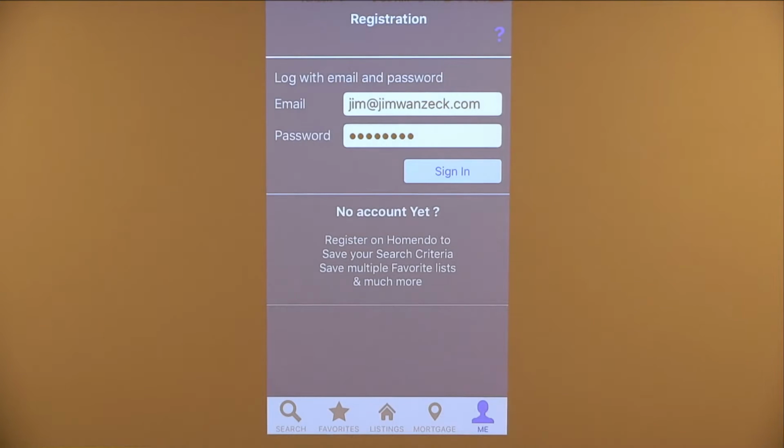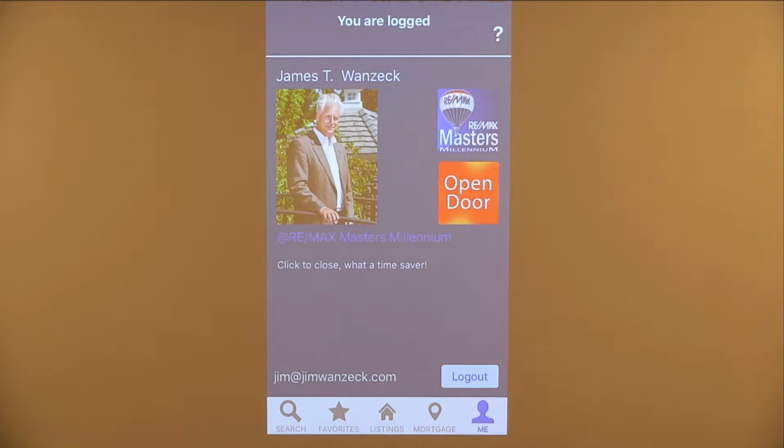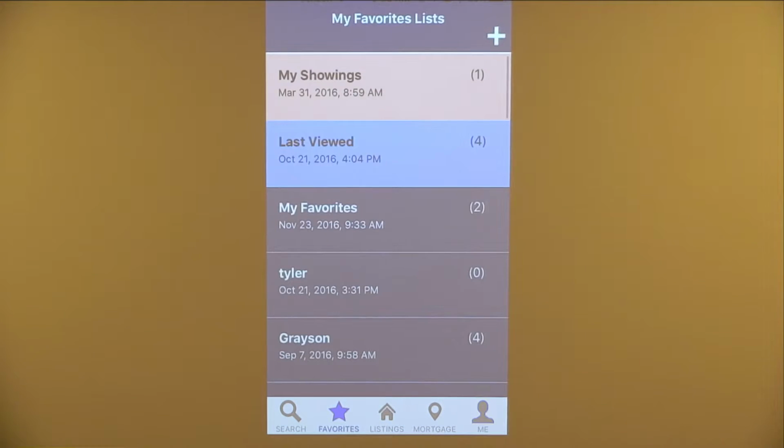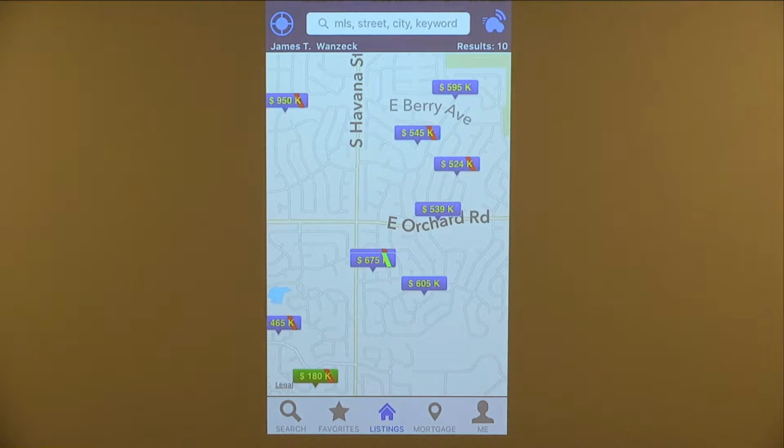So I'm going to sign in because it was grayed out. If you're not signed in, it won't let you do that. And it's only agent-driven that can do this. Customers won't be able to do that. So going back to the property,